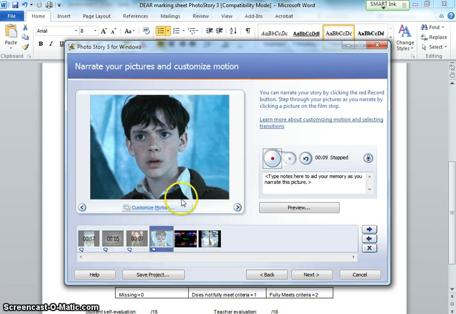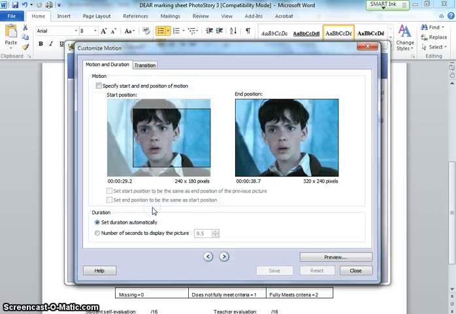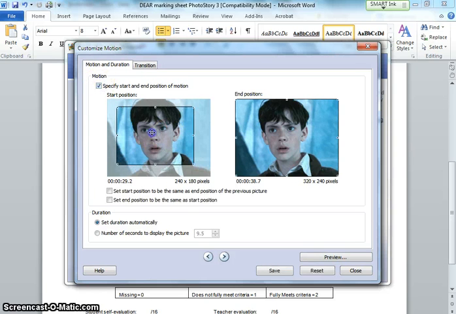Okay? Now the other thing you can do is you can also add some motion to this. So down here it says customize motion. And what you can do is you can specify the start and end position. This is called the Ken Burns effect. So it's a bit of a zooming kind of thing. So let's say at the beginning of my Edmund picture, I want it to start off just with his eyes. Like start off with his eyes, and then at the end of my Edmund part,